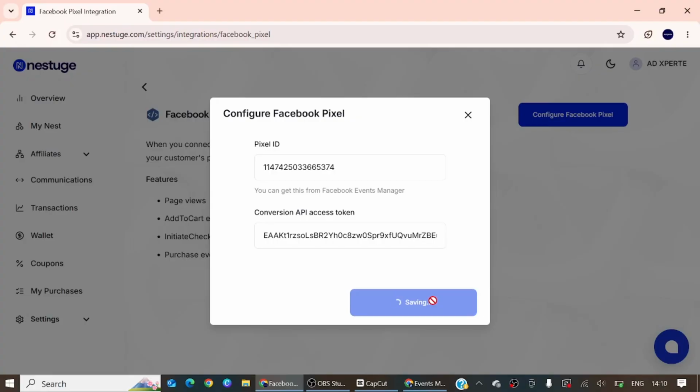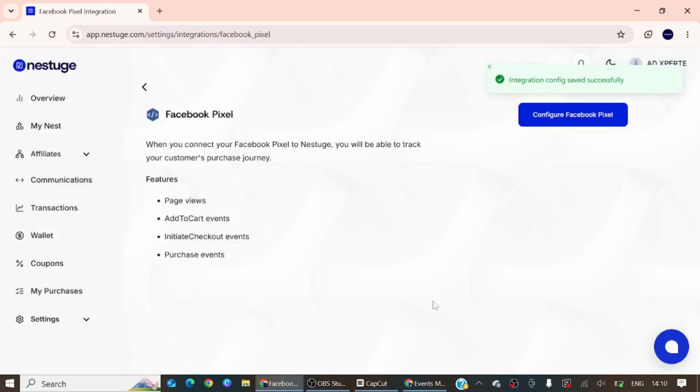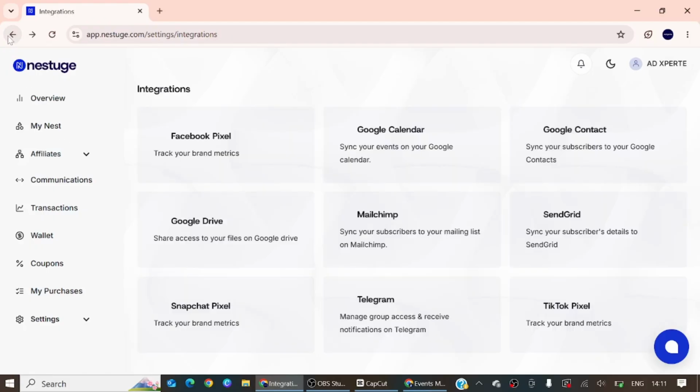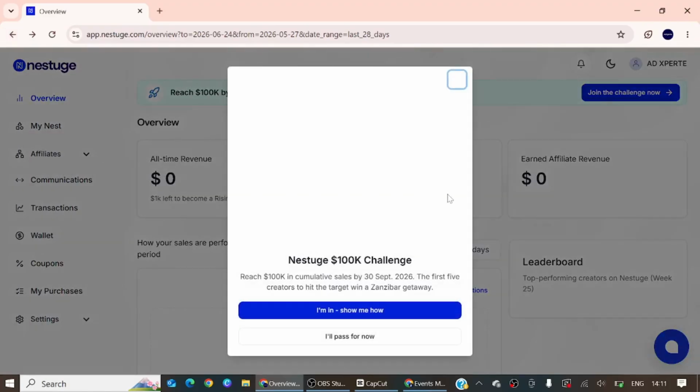That's all you need to know about setting up your Facebook pixel and your conversion API on your Nestuge store. Once you are done, you can now start running your ads, and your ad will now be tracking all the events that are happening, and your sales ad will be optimized for purchase for better results. I'm sure you found this video helpful. Now rush straight to your ads manager, create your Facebook pixel, install it on your Nestuge store before you run